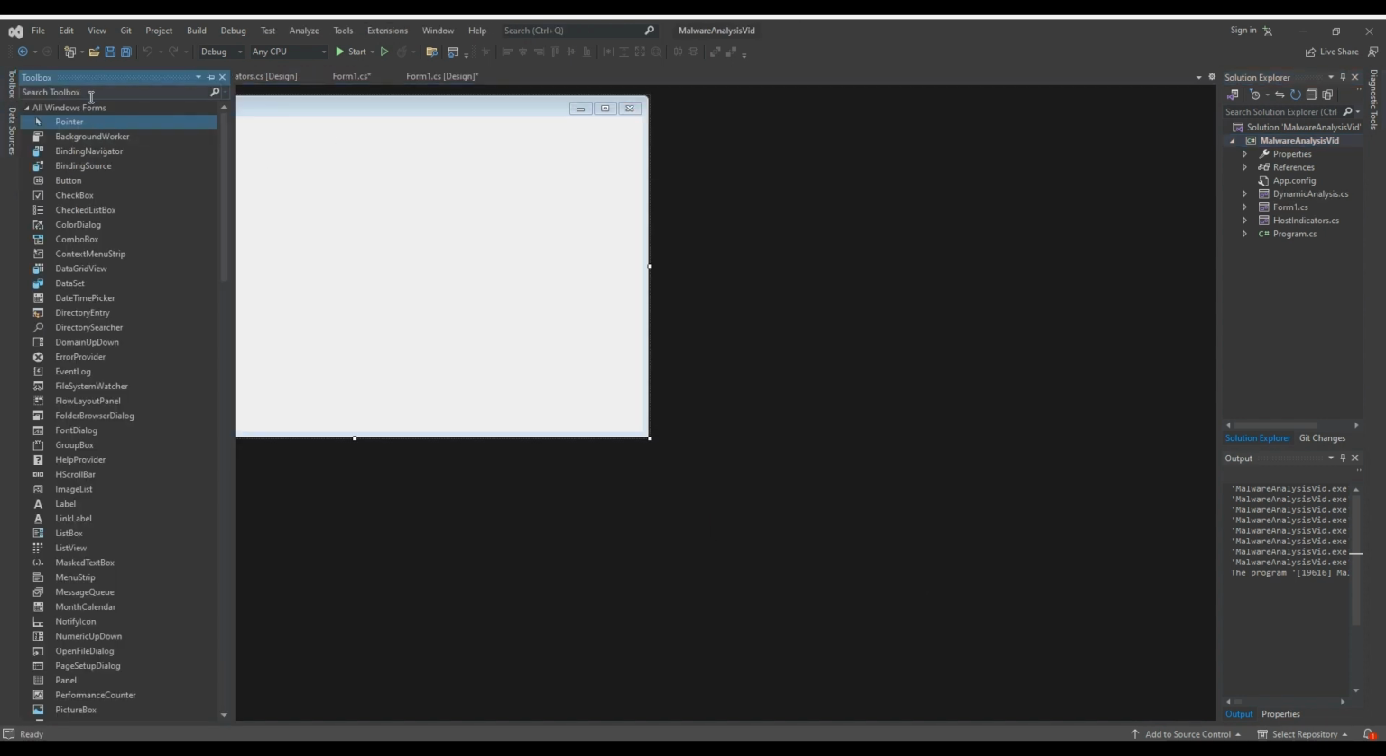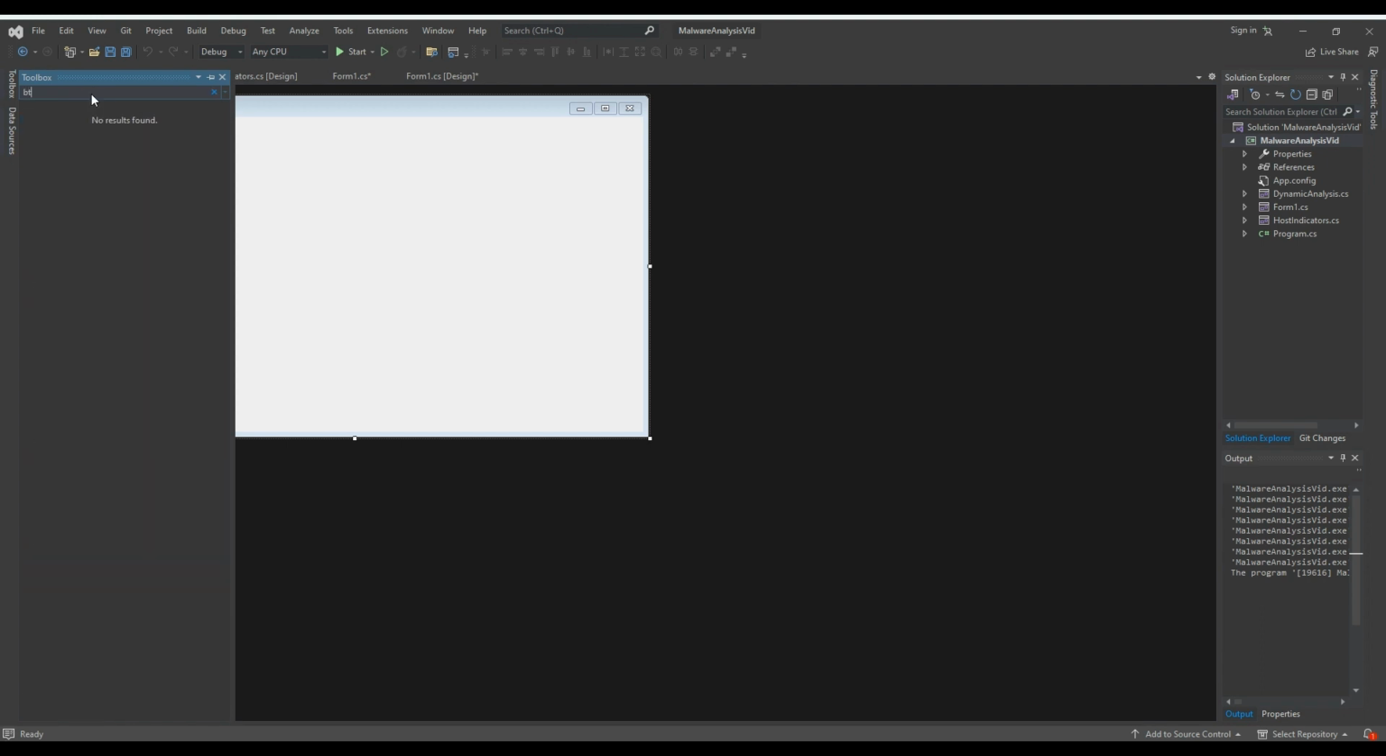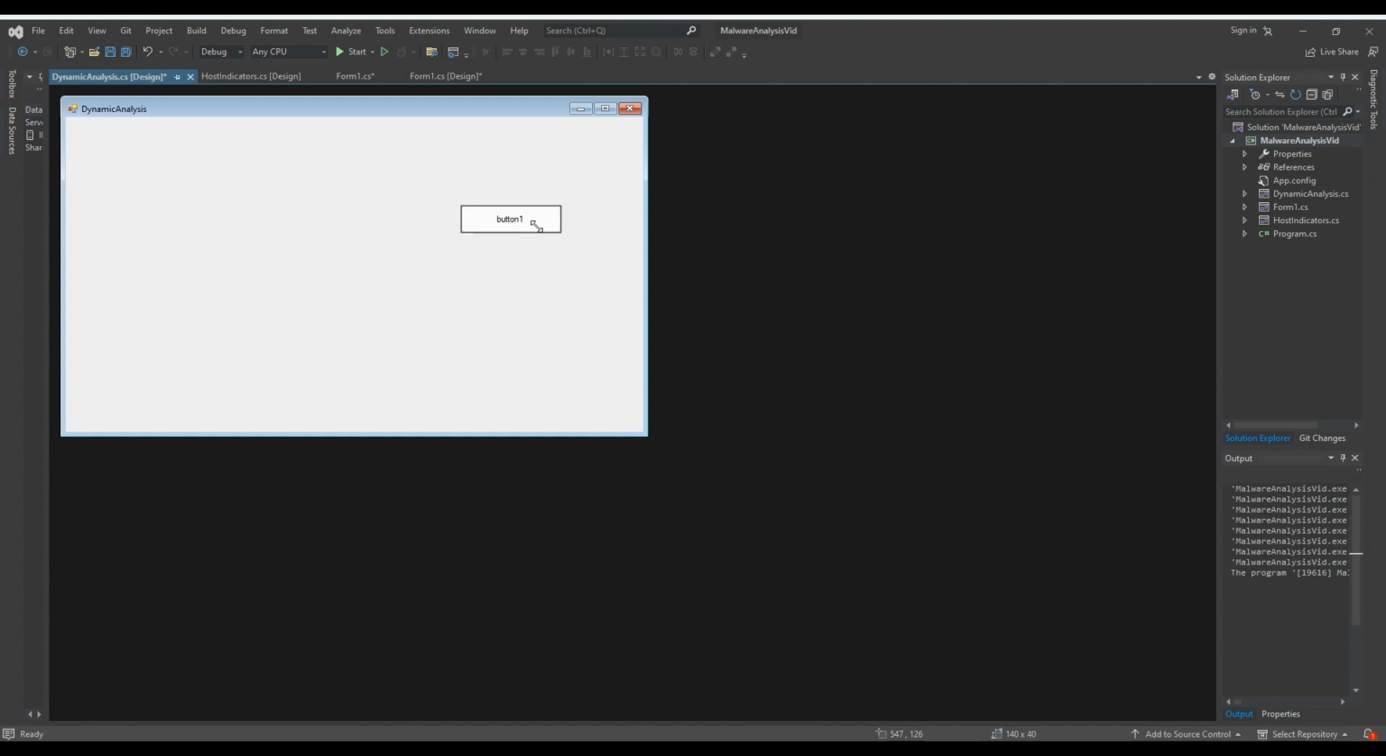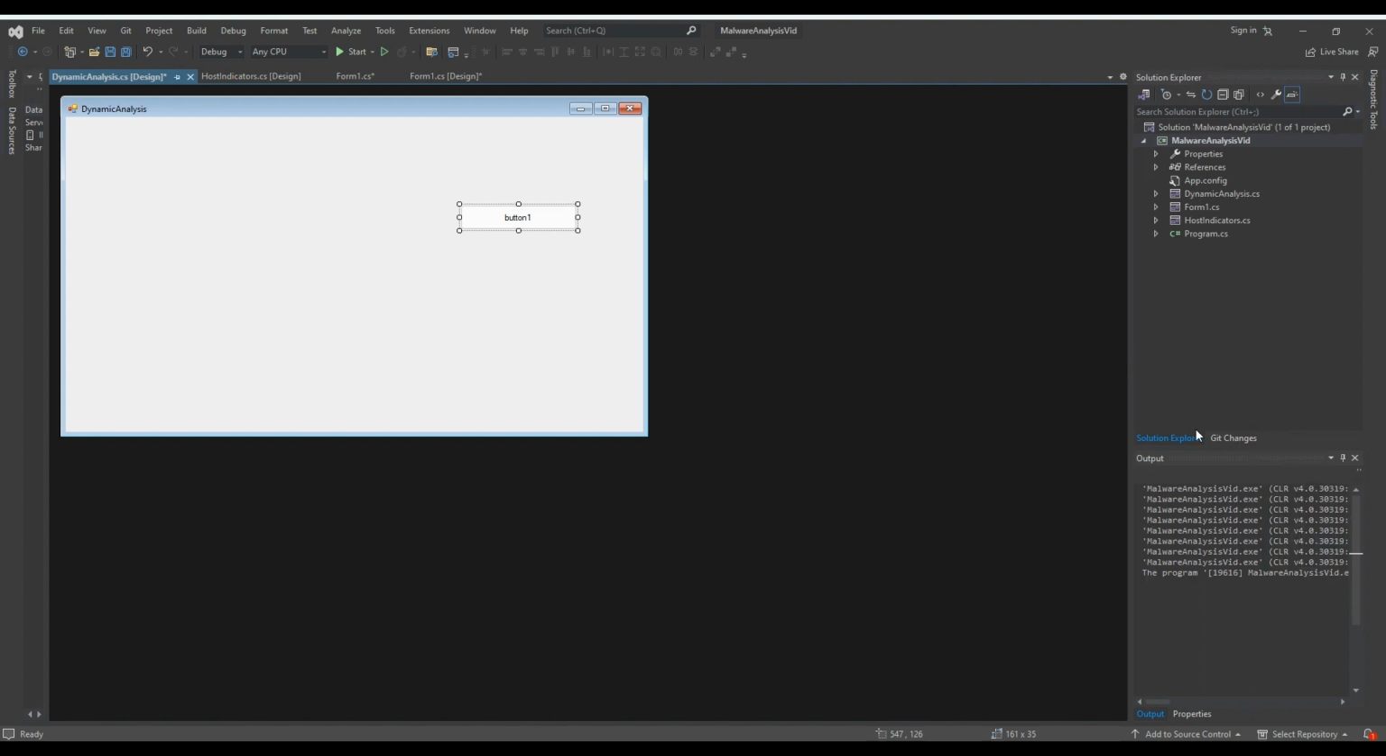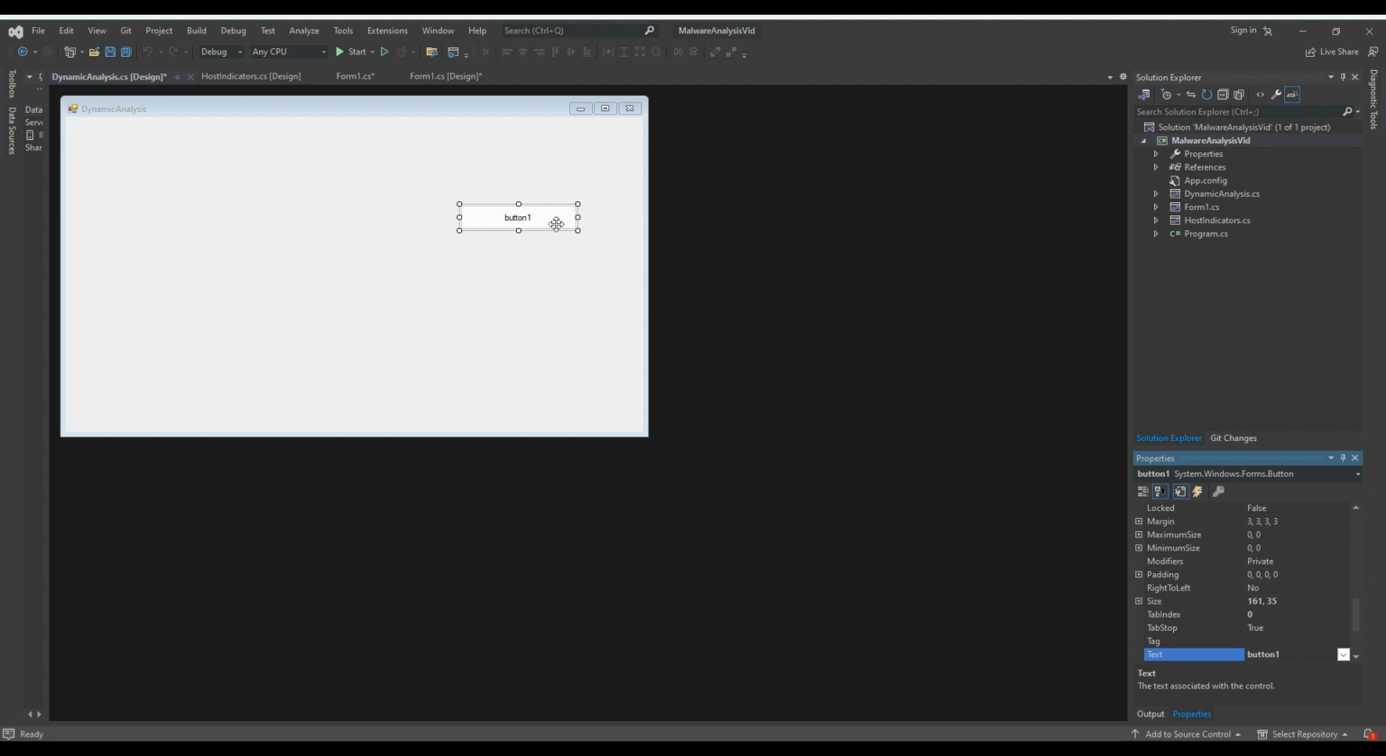In your dynamic analysis.cs, look for button again, drag and drop, and then right click on this button and make this right side a little bigger. Click properties, and you want to change the name because it's better. I like changing the name. I'm going to call this host indicators page,